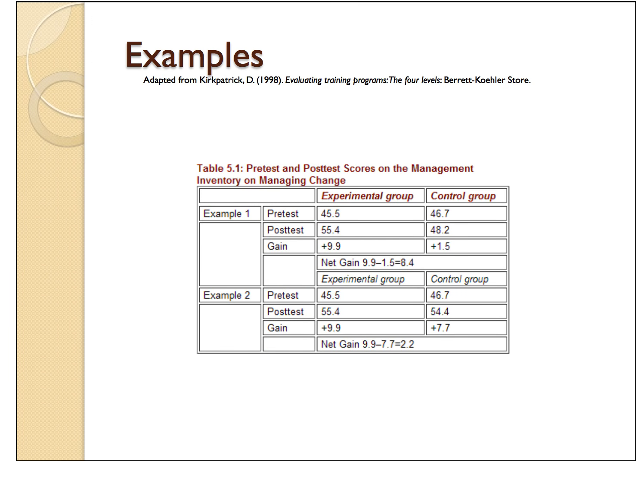So here's an example set of results. Example 1: the pretest experimental group was a 45.5 and the control group was a 46.7. They'll never be perfectly equal, but that's pretty close. On the post-test, the experimental group scored 55.4 on average, and the control group scored 48.2. So there's an increase for both of them, but the increase for the experimental group was 9.9, and the increase for the control group was 1.5. And then you would describe that net gain for the experimental condition as being an 8.4 net gain in performance